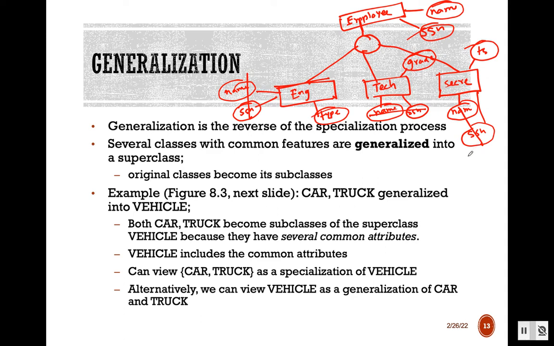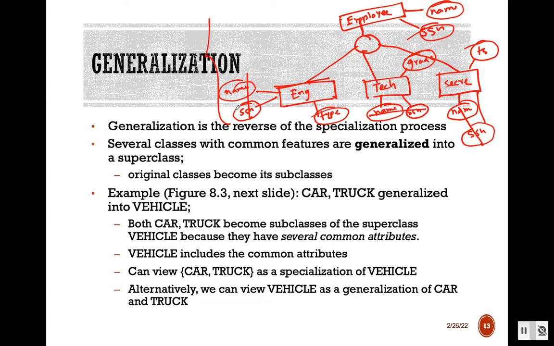but here the process is that first we are going to have a list of subclasses, then we are going to look at them and see that all the subclasses have some common attributes. So why don't I take all the common attributes and form a superclass using them? So at the end this will look the same, but it's just the reverse process. It's just the process of first having the subclasses, then generalizing